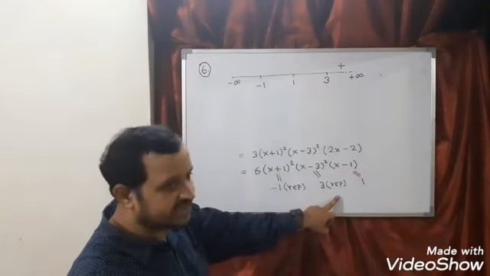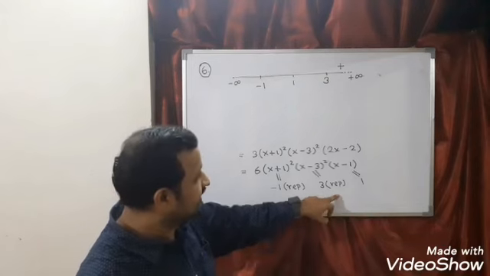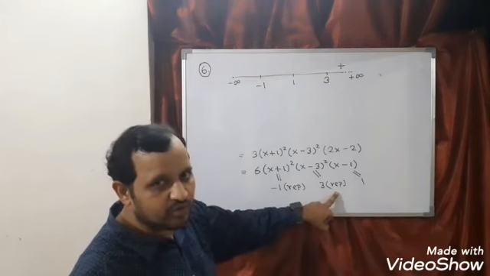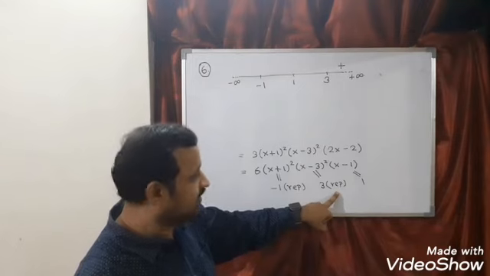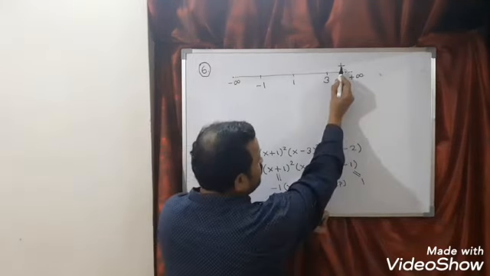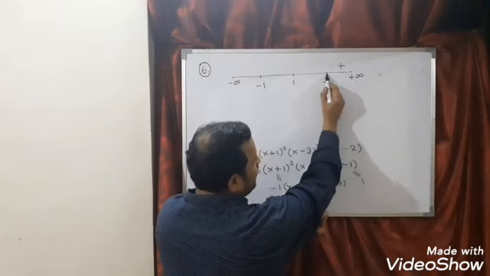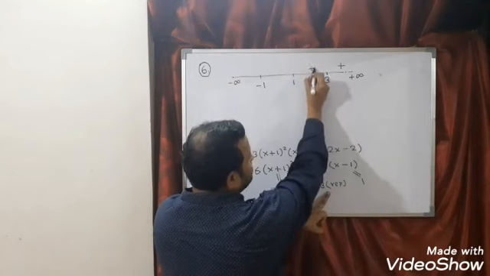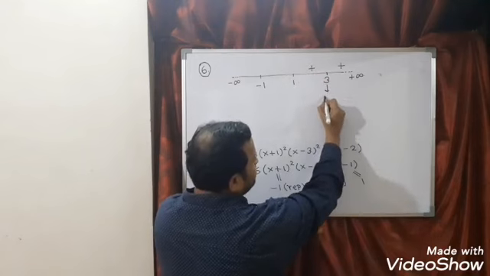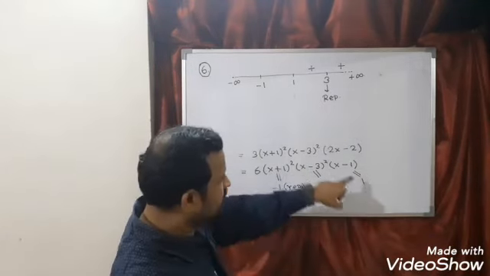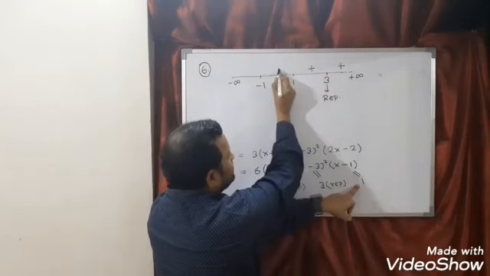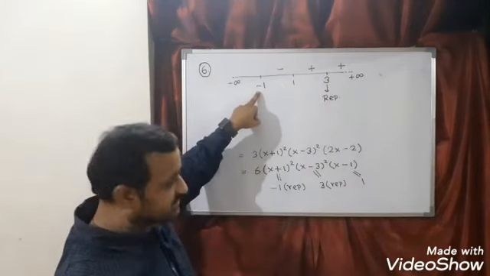3 is repeated. Refer notes. Whenever critical point is repeated, what is the note saying? We have to keep same sign after and before that critical point which is repeated. So since 3 is repeated, you have to keep same sign before and after this critical point. So plus means here also I can say plus. The reason is this is repeated. Next 1. So 1 not repeated, alternate sign. So plus means minus.